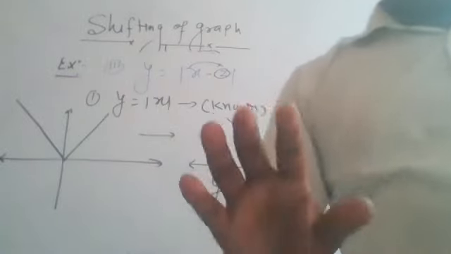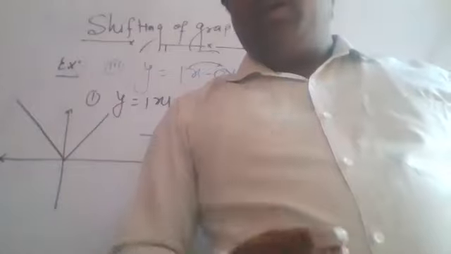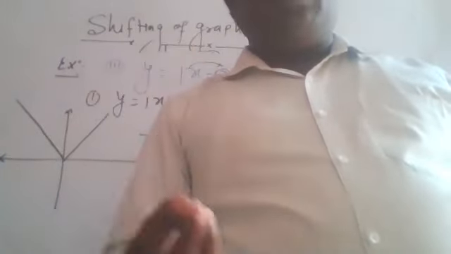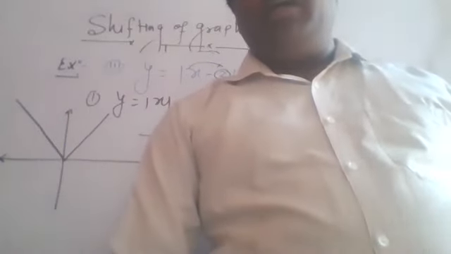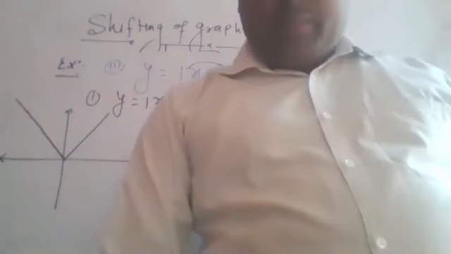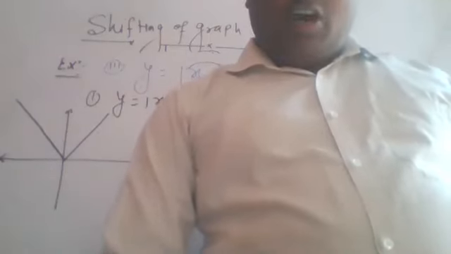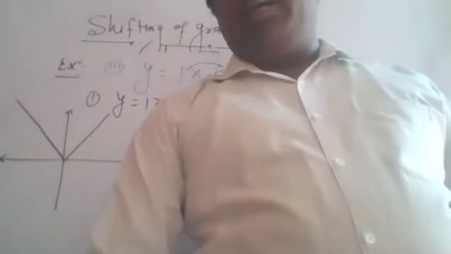Y equals to x square minus 2. Here the 2 is not going to be subtracted from the variable. 2 is going to be subtracted from the function x square. X square is another expression now. So here the 2 is being subtracted from x square, so its concept is different. We are going to do all the shifting, it is going to be clear. Okay? Now I'm going to start with the next shifting along negative x axis.